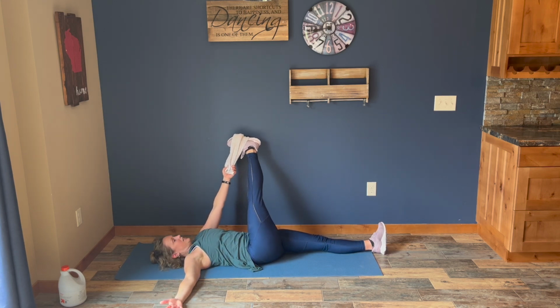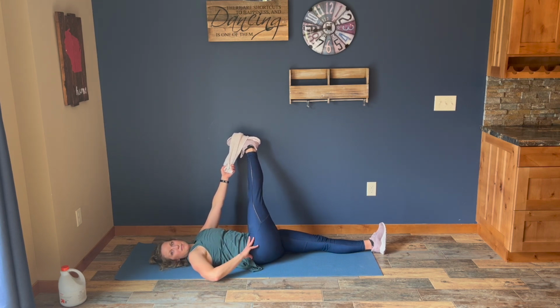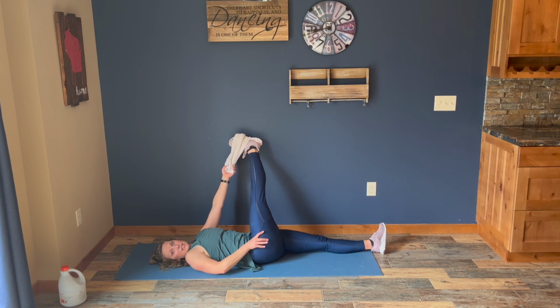We're going to straighten out that left leg, put the towel in your left hand only, open your right arm to the side, and we're just going to drop it about 20 degrees, and you're going to feel this beautiful stretch through your IT band. Right thumb goes into that hip crease, give it a little pressure. Hold here and breathe for 4, 3, 2,